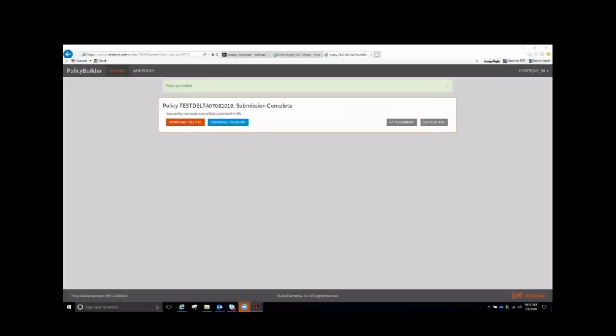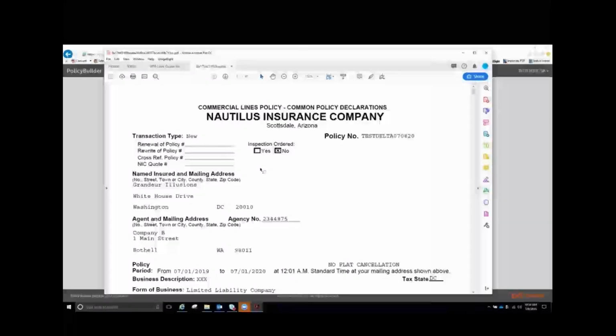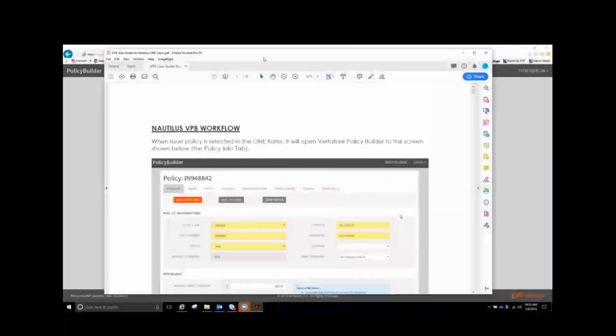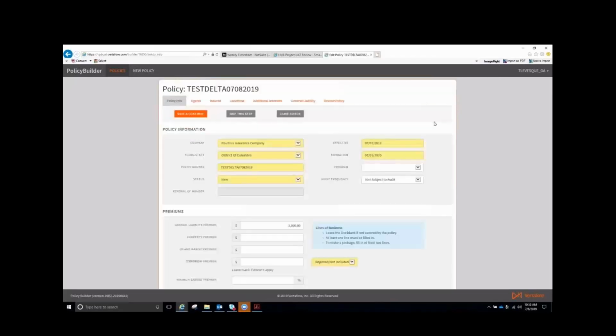Don't do anything with this one. So what I want to show you is that this opens up in your PDF driver, whichever one you're using. I happen to have Adobe Acrobat Pro DC. Once it opens here, it has done nothing but produce this document. I can just cancel it. Go back to editor, and I can say that's